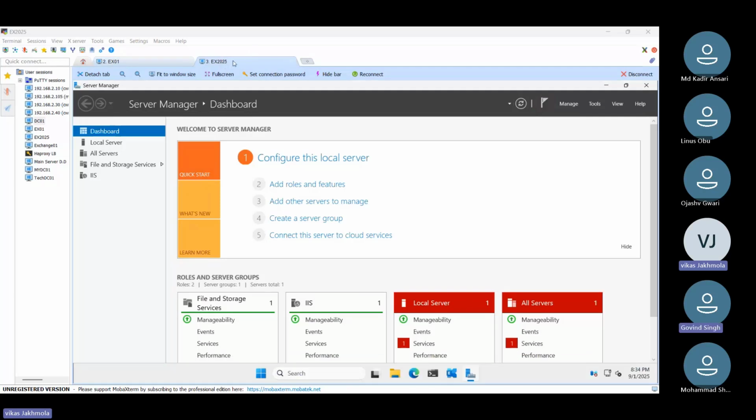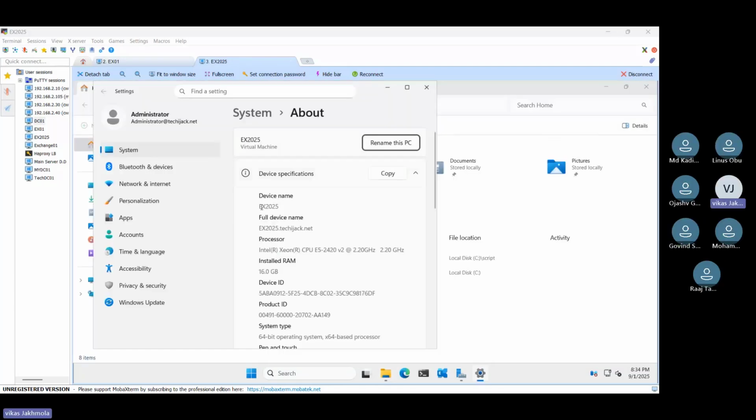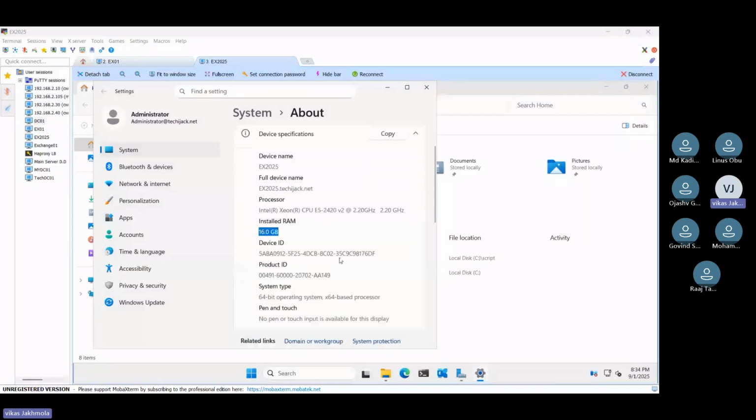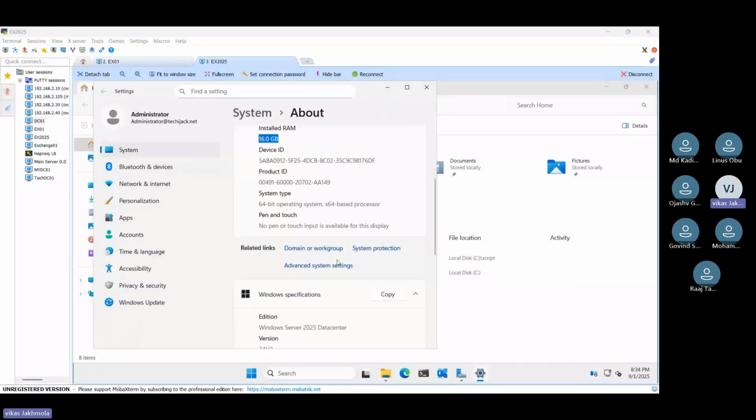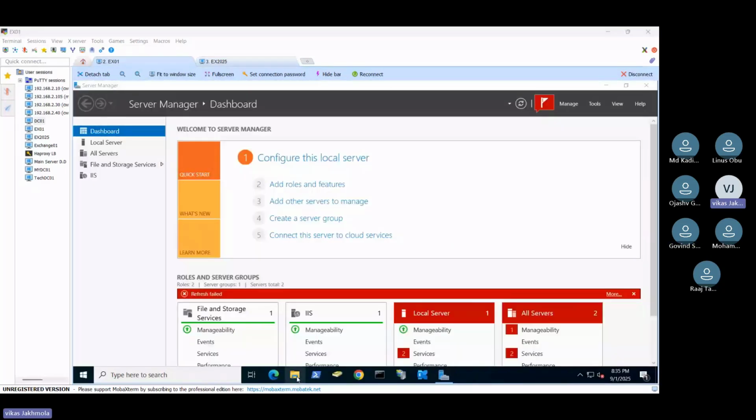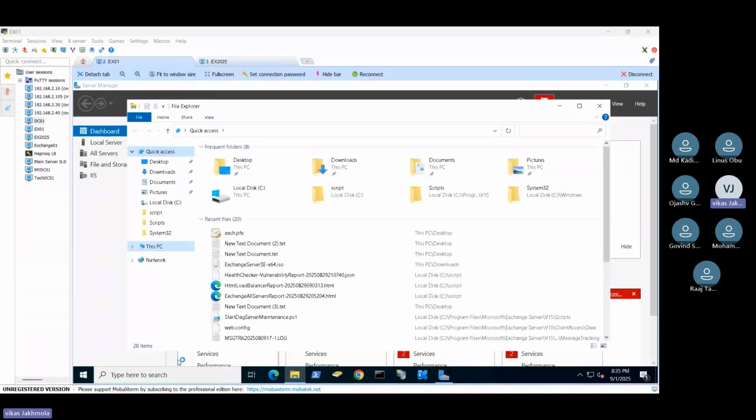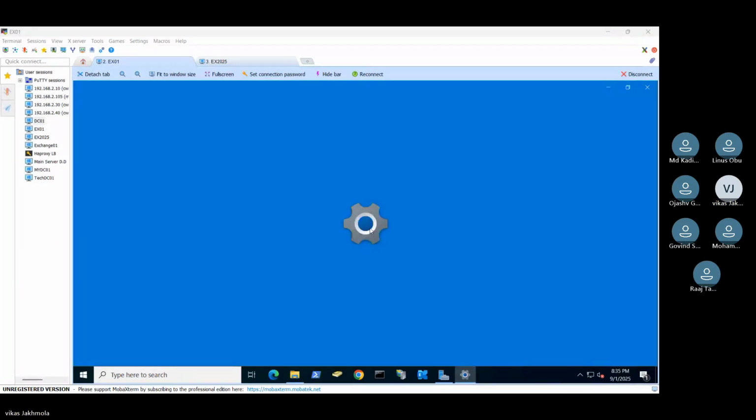I introduced this new server, that is 2025. If I show you, I added this. The name of the server is EX 2025, and I joined it with the domain, that is techiejack.net. Installed RAM of 16 gigs, and this is the Windows Server 2025 Data Center Edition. And if we go with this one, you can see this operating system we have here. It was on Windows Server 2022. So